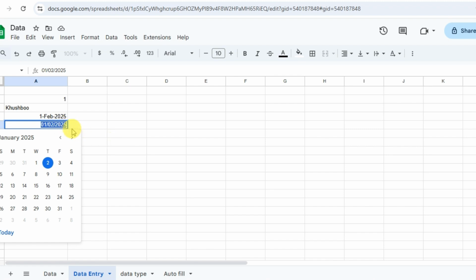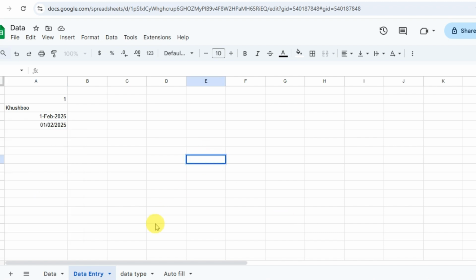You can also change it, but as my system is in the US zone, I have done the settings such that it is taking this format. But if you change the settings, then it will take this format 29/8/2025, or I can say DDMMYY format also.